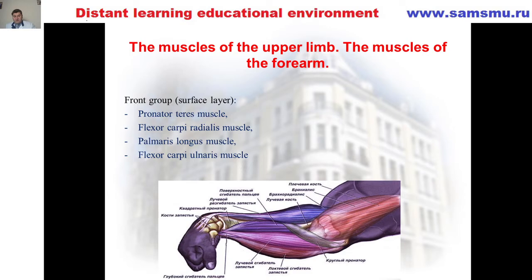So next we'll talk about flexor carpi radialis muscle. You may see this muscle here. This muscle, musculus flexor carpi radialis, in Latin, is a fusiform bipinnate muscle lying on the medial border of the pronator teres muscle. It arises from the medial epicondyle of the humerus and attaches to the base of the second metacarpal bone. Action: this muscle produces flexion of the wrist and can also abduct the hand radially in